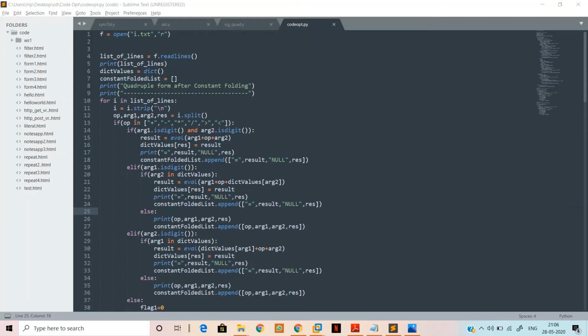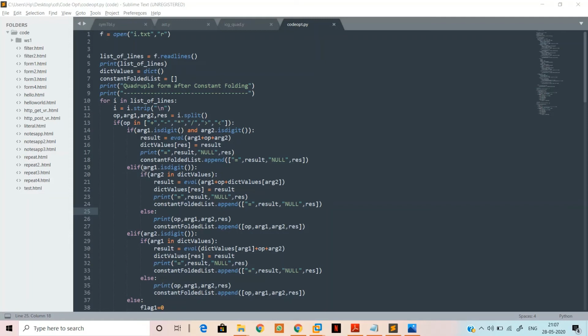So here is the code for constant folding. We take the input in quadruple form, so the first argument is operator, second is argument 1, third is argument 2, and the final one is the result. If the operator is plus, we check whether the 2 arguments given are both digits. If they are both digits, then we simply evaluate the result and store it.